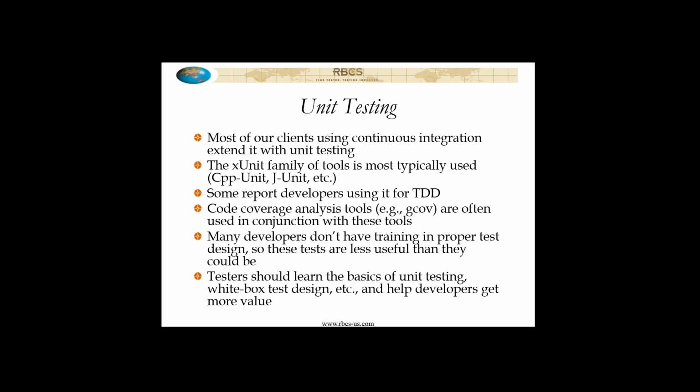So this is a place where testers can really add value if they apply themselves here, is to learn more about unit testing, learn more about white box test design, learn more about code coverage and what different kinds of code coverage metrics mean, and work with developers to help them understand what they are and aren't getting out of their tests. Now, of course, in order to do that, this means you have to be conversant in the programming languages being used on your projects. So certainly if you're not conversant in the programming languages being used on your projects yet, I would strongly encourage you to do so, to learn that,